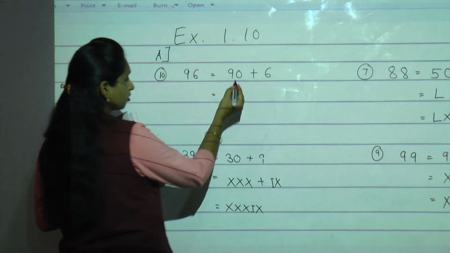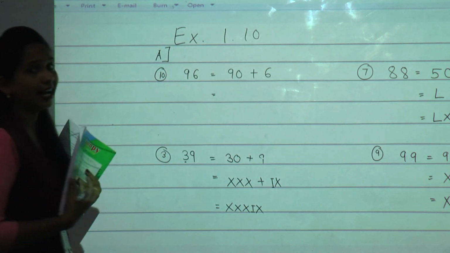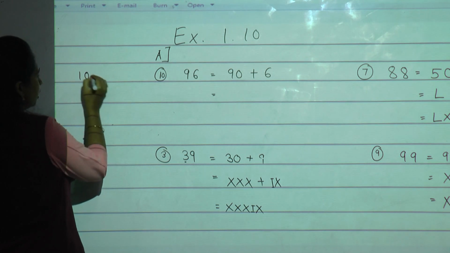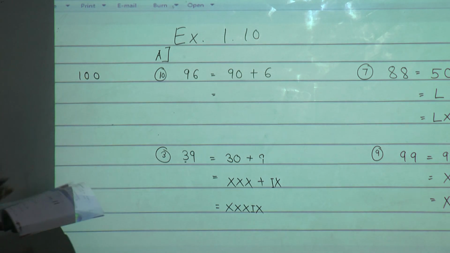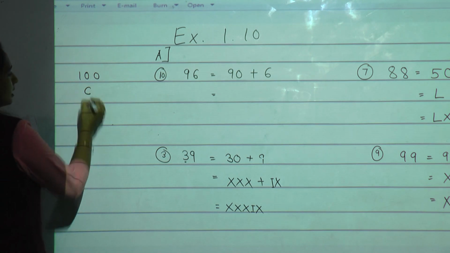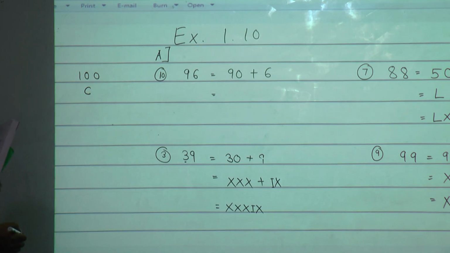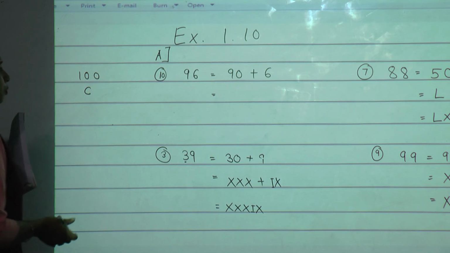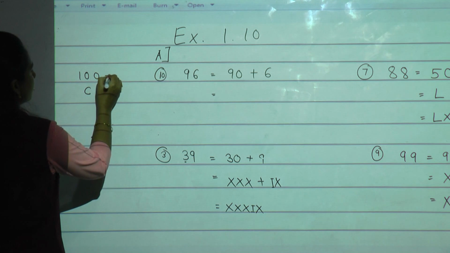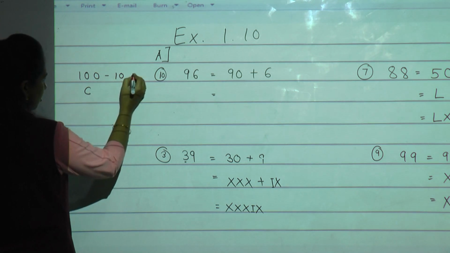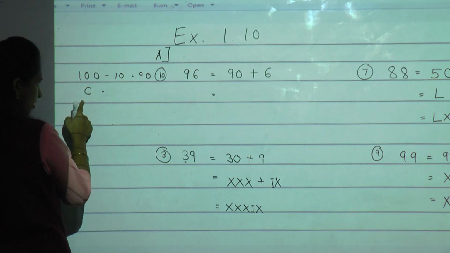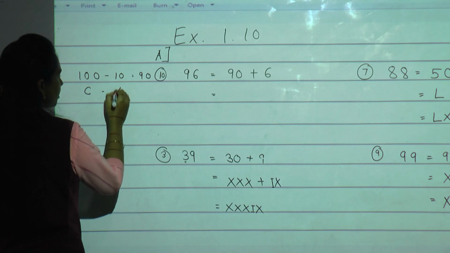Okay? So 90 value is XC. Why are we saying X and C? Just let me tell you. What is the 100 value, students? Yes. As you know everyone, the 100 value is C. We represent 100 as C. So we have studied in the 4 rules that, see for example, 100 minus 10 becomes 90. Okay, so 100 is represented as C and 10 is represented as X.